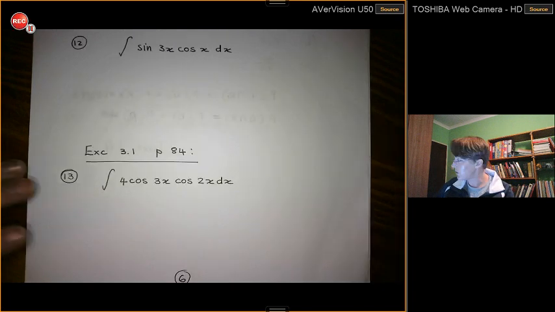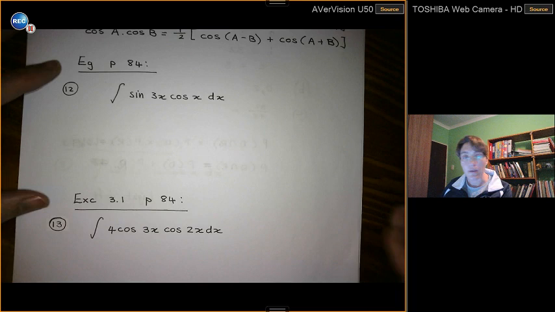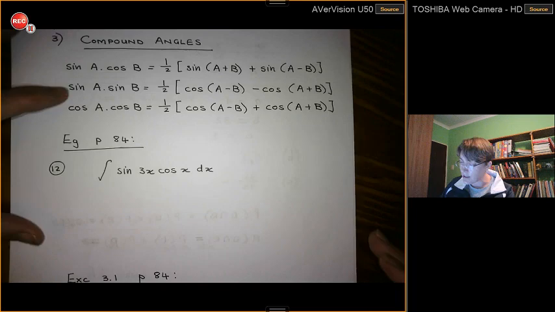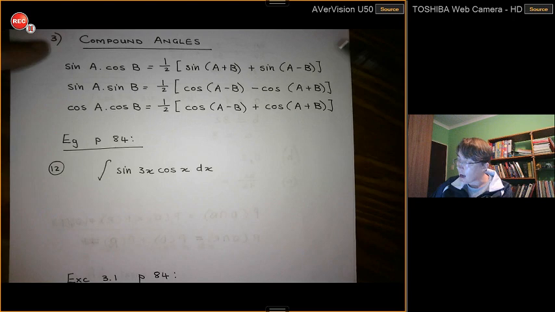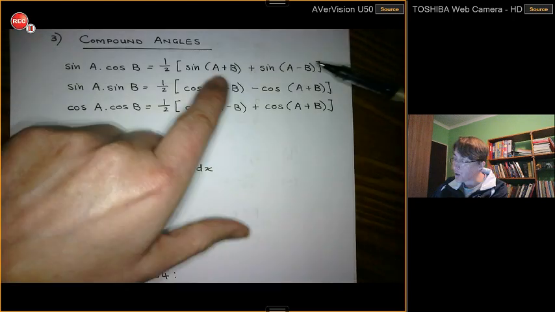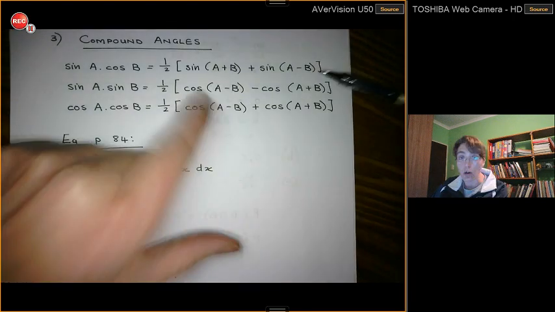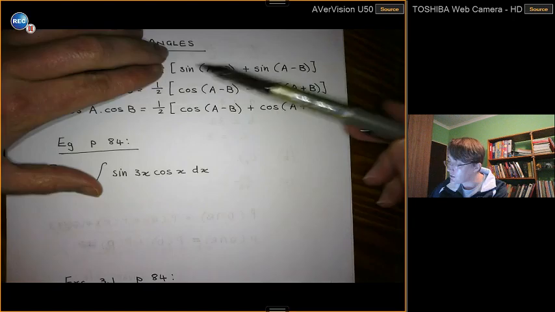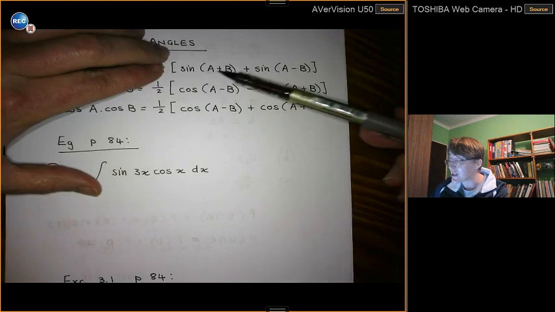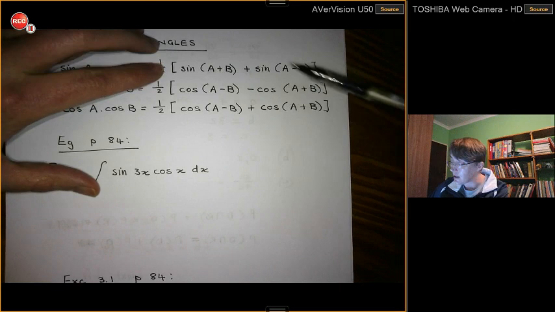Great. Now the next identities are the compound angle identities, but you will not recognize them in this form at all. You can actually go and check whether this works or not, meaning you could write this part out, then expand your compound angle identities and multiply by half, and you will get to this. Good news, however,